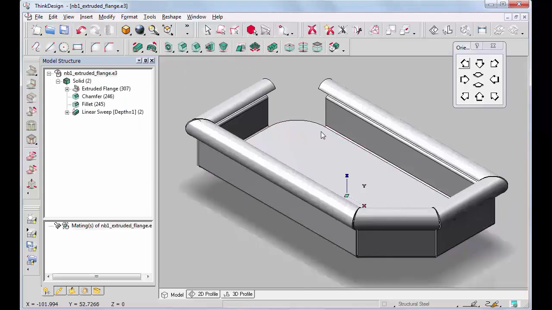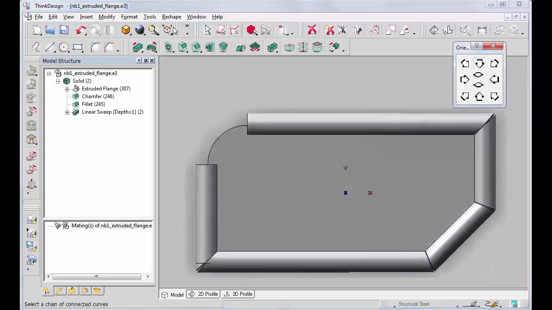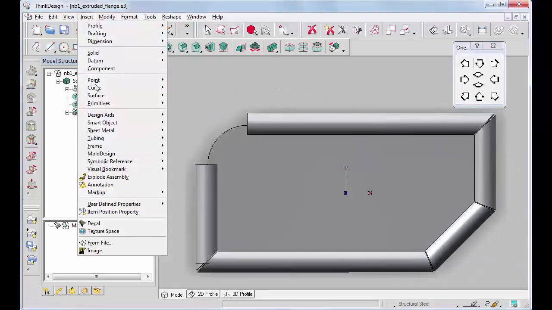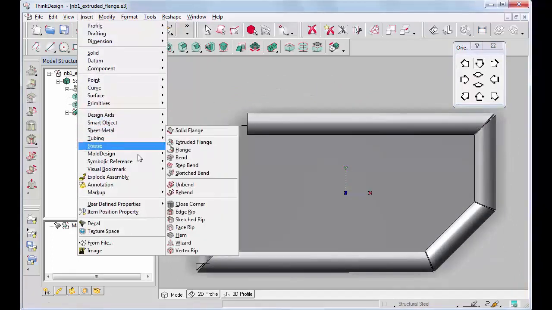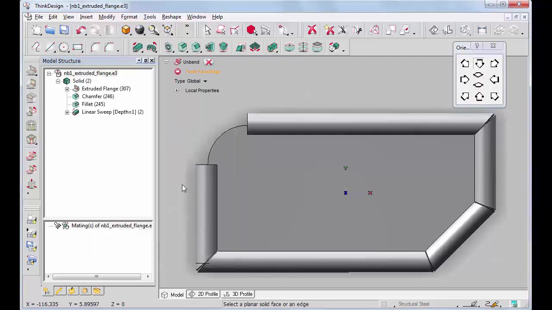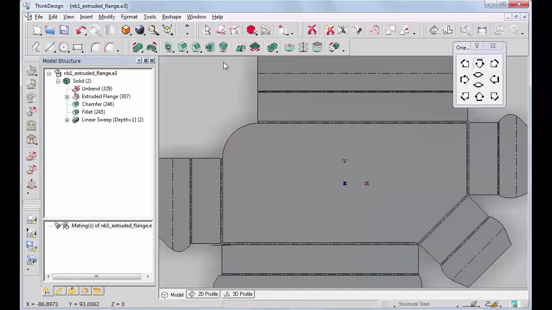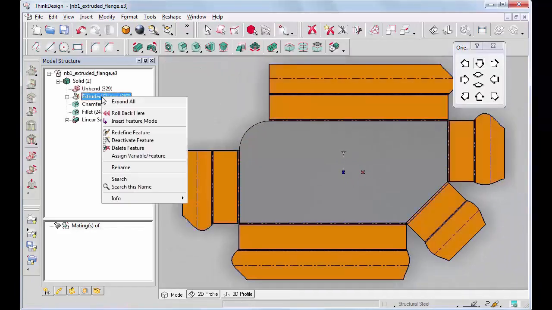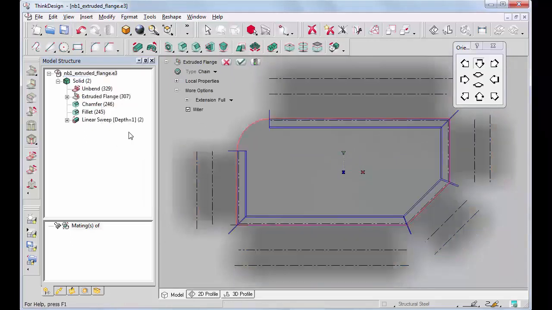Now we shall go on unbending the object using the unbend command. Then let us set the top view and let's fit it. We can see the development now of our unbent object. We shall select the face, the fixed face, and fit the view,